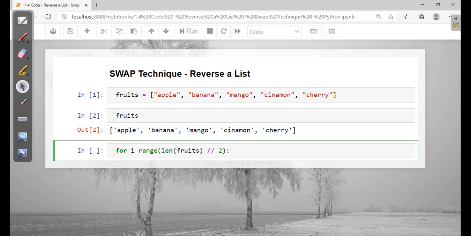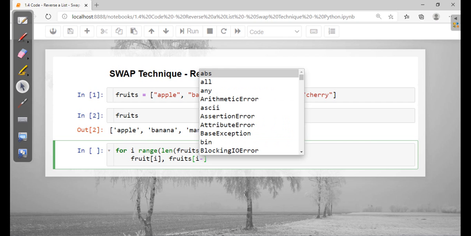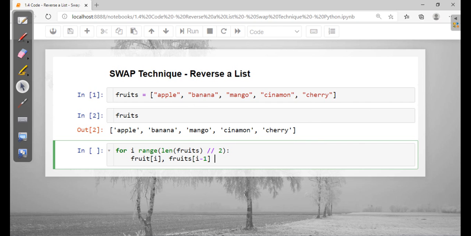Here you can see fruits of i, comma, fruits of i minus 1. I will explain why I am using the -1 here.